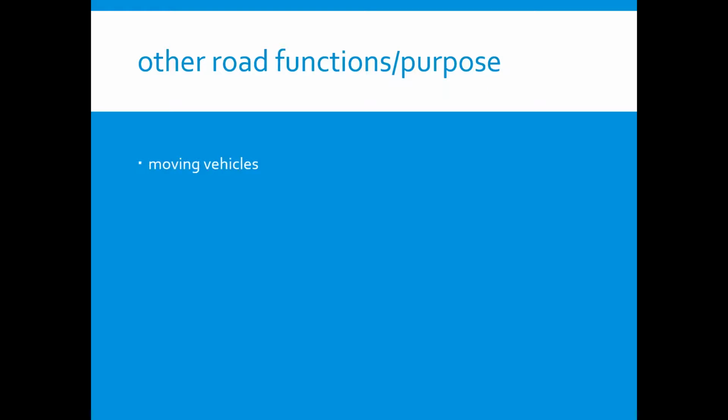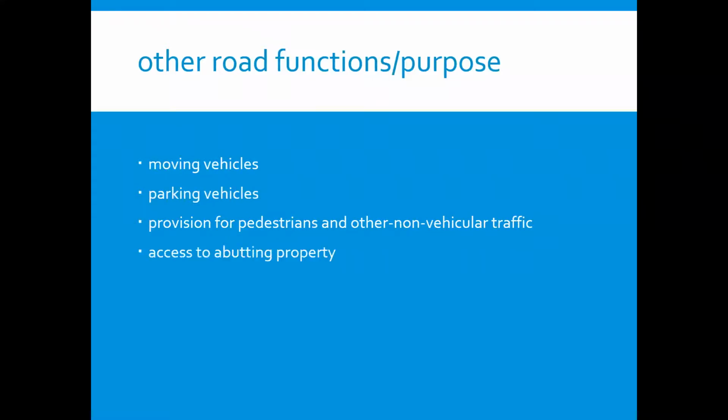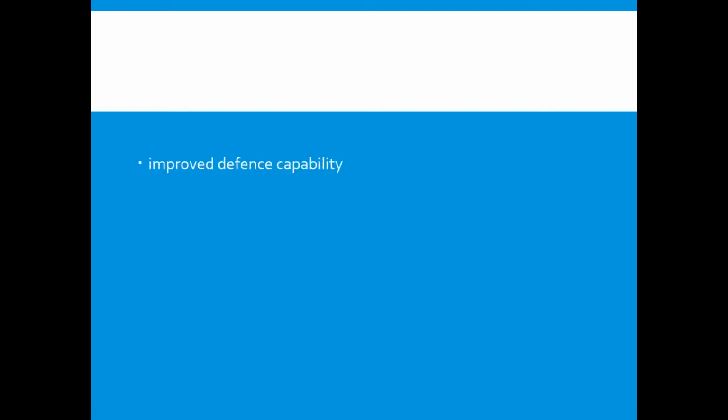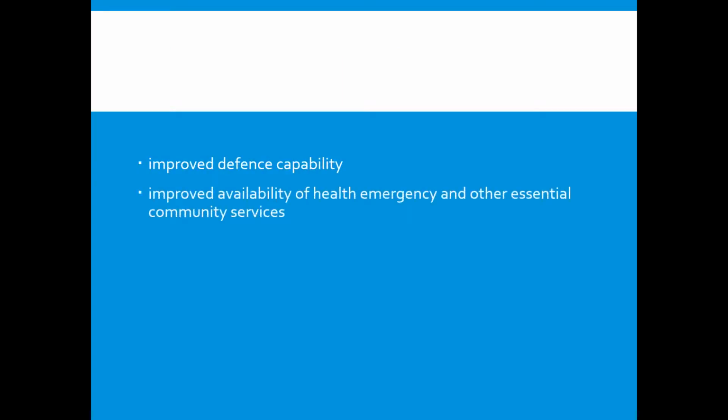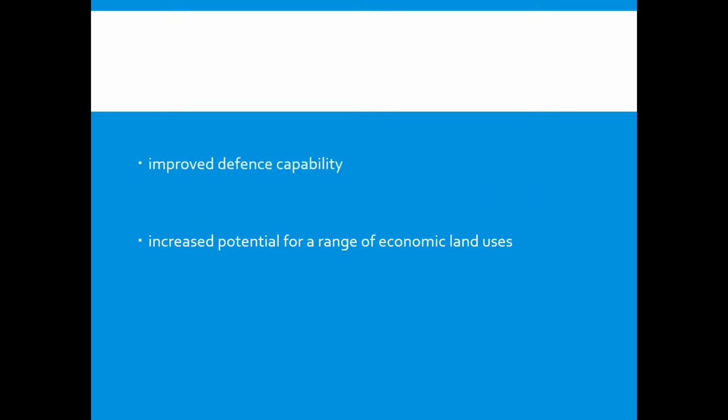Roads may serve other purposes such as moving vehicles, parking vehicles, provision for pedestrians and other non-vehicular traffic, access to abutting properties, access in a case of natural disasters, improved defense capability, improved availability of health, emergency, and other essential community services, and increased potential for a range of